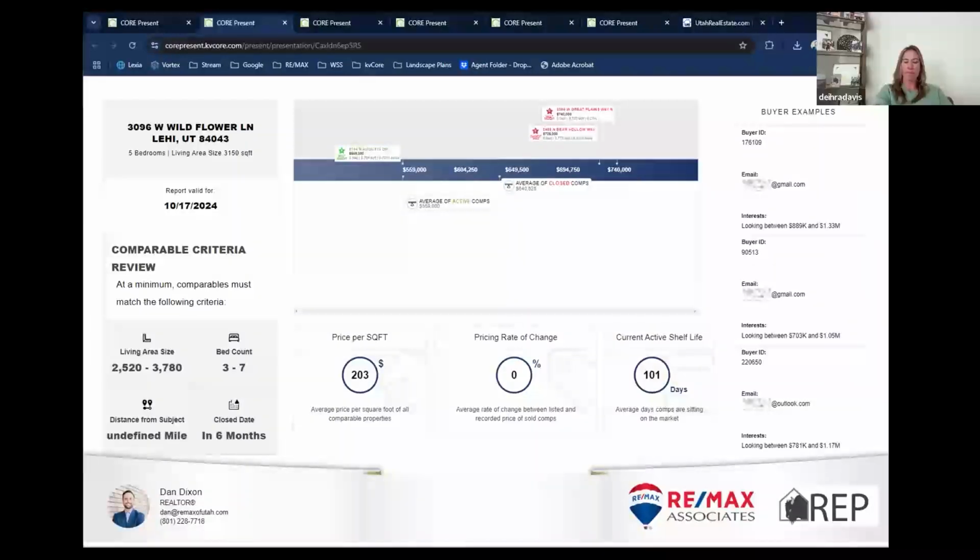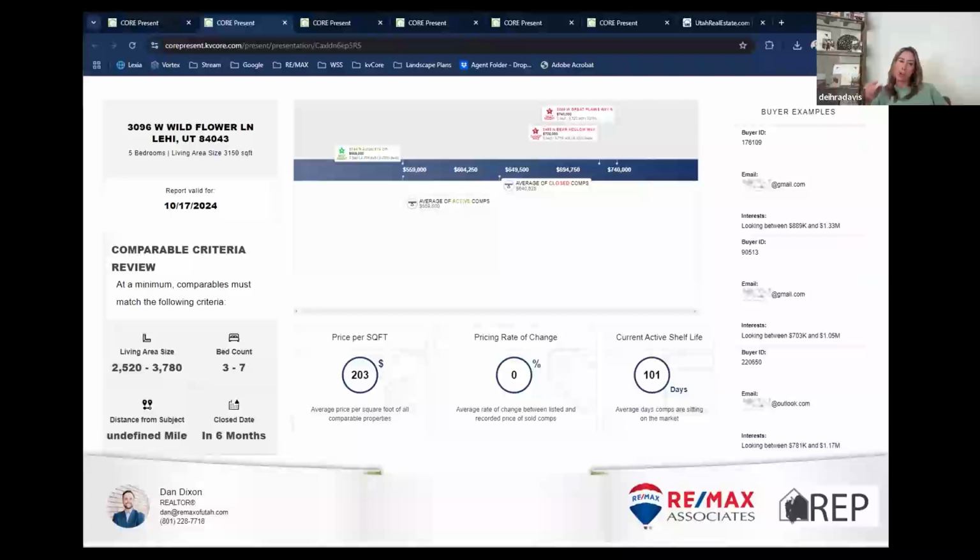Okay, thank you. It's doing a much better job aggregating all of the data. And further, this will aggregate data from Park City and from St. George MLSs. So if you don't have those MLSs, you can't get their sold data through kvCORE.